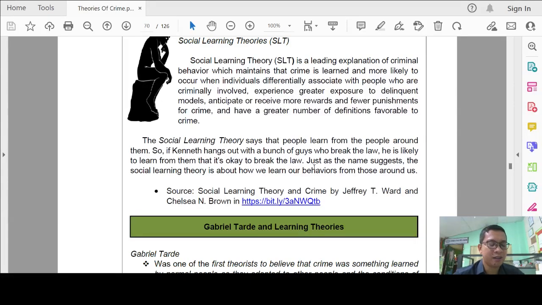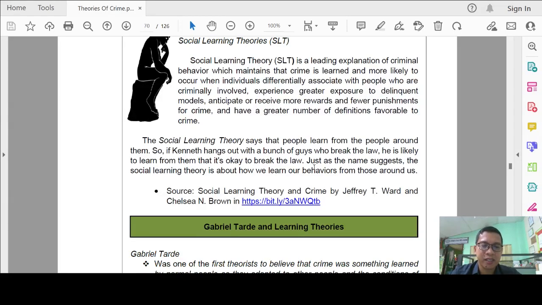Simple lang yung explanation nito. Even your parents always say this, no? That sino yung barkada mo, so you will become who you associate with. If yung barkada is they are deviant, so you will become also deviant. This is how social learning theory explains. So say for instance, Kenneth hangs out with a bunch of guys who break the law. He is likely to learn from them that it's okay to break the law,